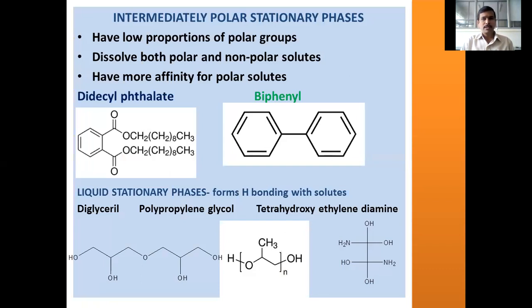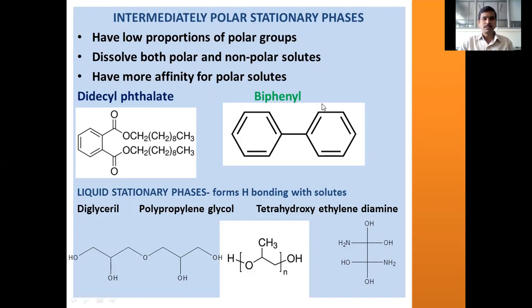And certain intermediate polar stationary phases are also used for chromatographic separations, and they have low proportions of polar groups. The polarity is not highly extensive. They are intermediate between polarity and non-polarity with respect to the property of these compounds, and they are suitable for the dissolution of both polar and non-polar solutes. Both varieties of solutes are soluble in these intermediately polar stationary phases, but certainly they will have more